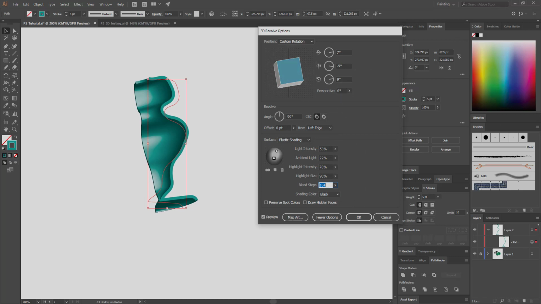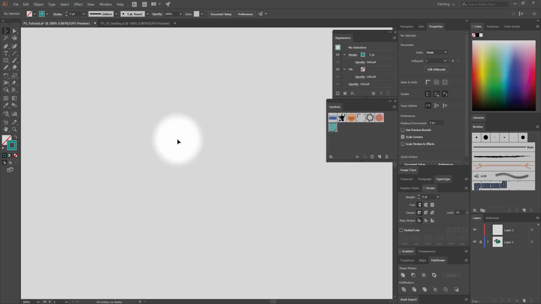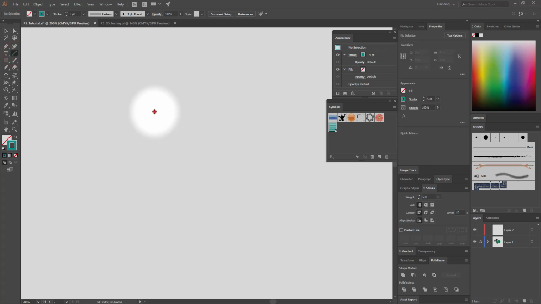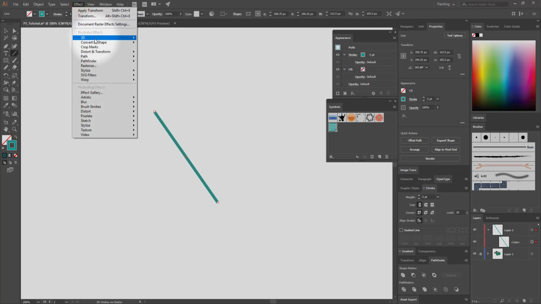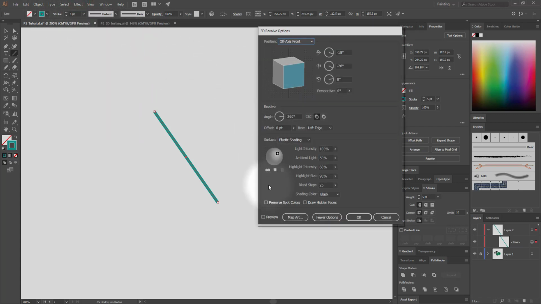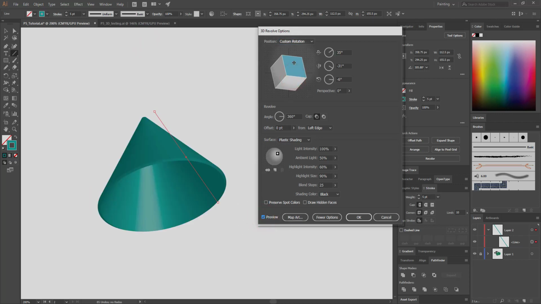And let me just show you a few things that might trip you up depending on what you're trying to do. I'm going to cancel. I'm going to delete this guy. So you can revolve just around a straight line, right? And show you what that looks like. So I have a pretty thick straight line. Just come to Effect, 3D, Revolve. Let's preview it. And what that does is makes like a cone, but you can see the cone is